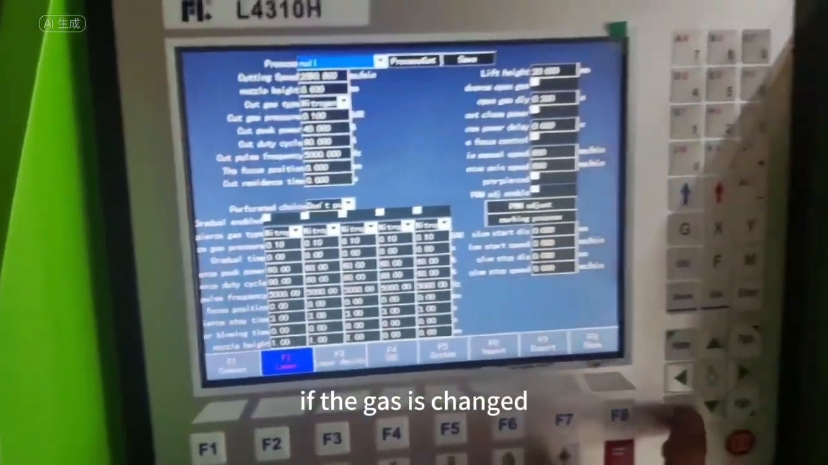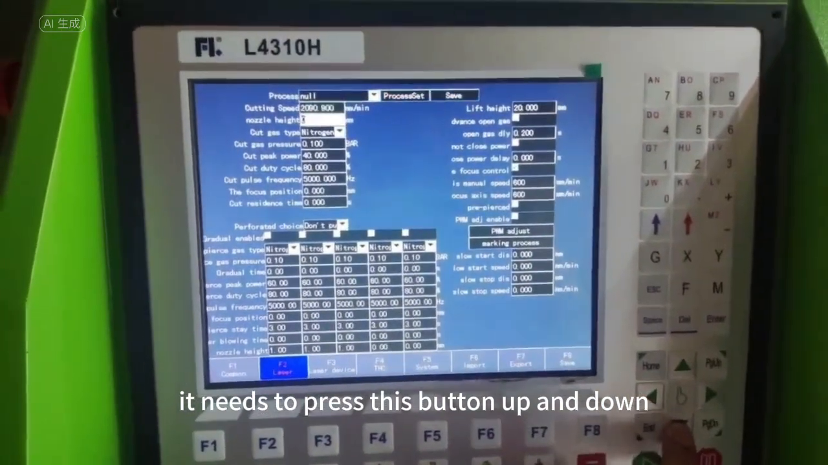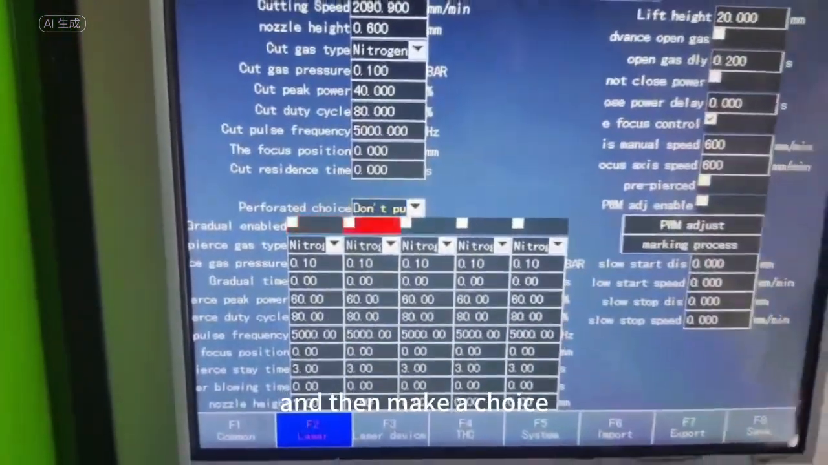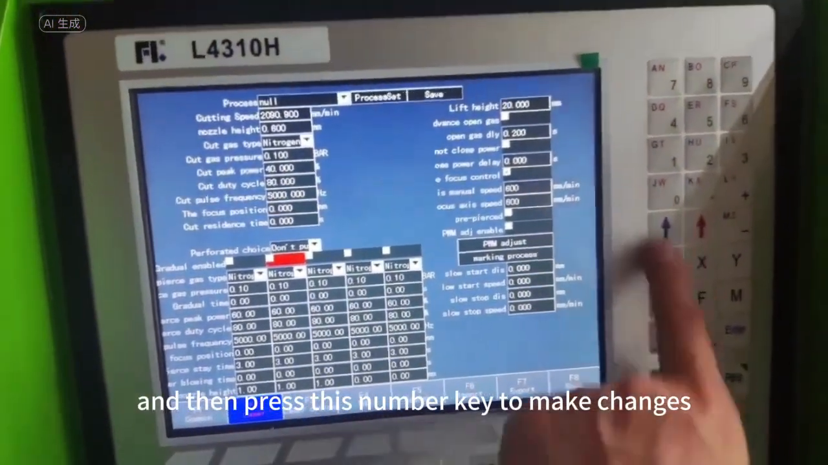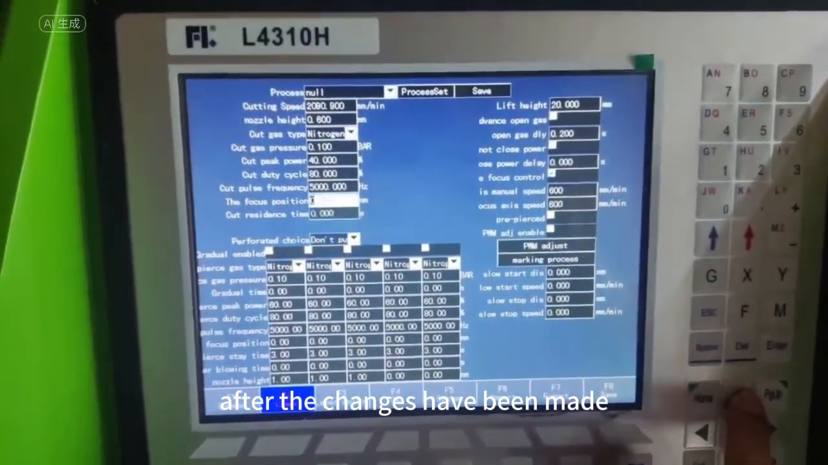If the gas is changed, it needs to press this button up and down. And then make a choice. And then press this number key to make changes. After the changes have been made,